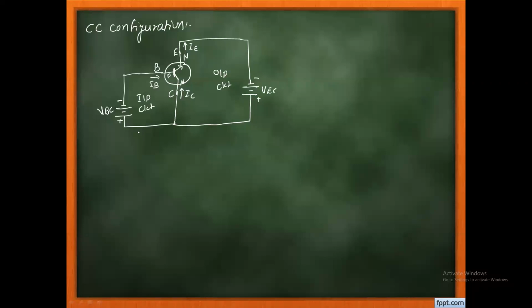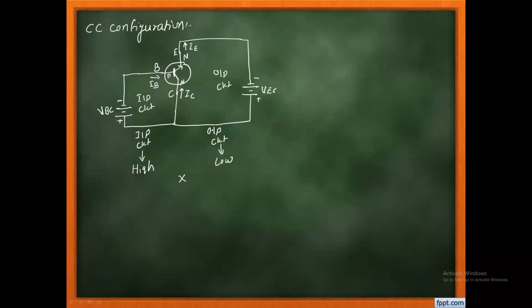But now if you observe, the input circuit is connected in reverse bias and the output circuit is connected in forward bias. It means the input circuit, as it is connected in reverse bias, definitely provides high resistance, and the output circuit, as it is connected in forward bias, gives low resistance here. And what is the expected thing for amplification? The input circuit resistance must be low and the output circuit resistance must be high. That's why this configuration is never used in the current amplification circuit.